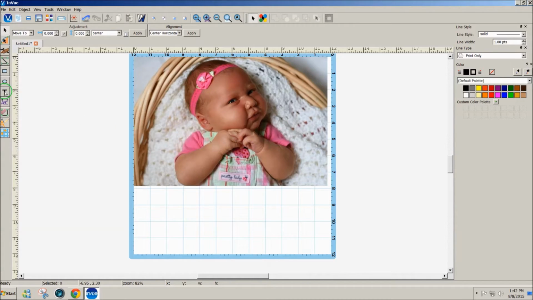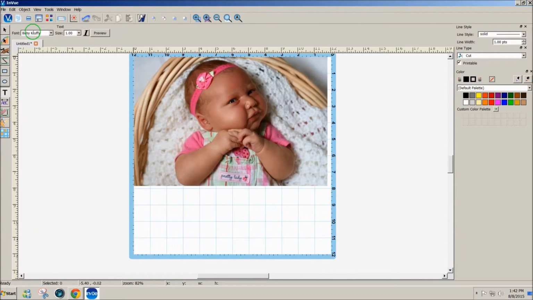So I'll click on the T, and I'd like to use the font Baby Cruffy. It's a nice cute baby font, and it's fat, and it's important to have a fat font if you want to include a picture in it. So I clicked my mouse on the screen. I'm going to type in capital letters Emily,